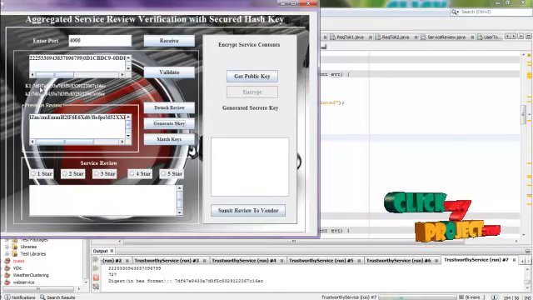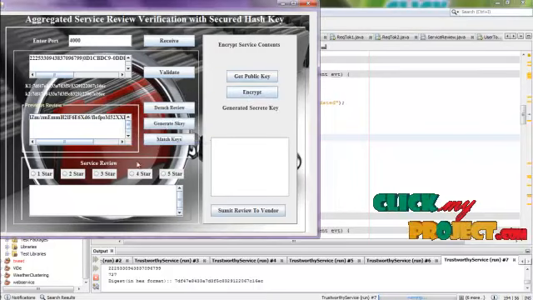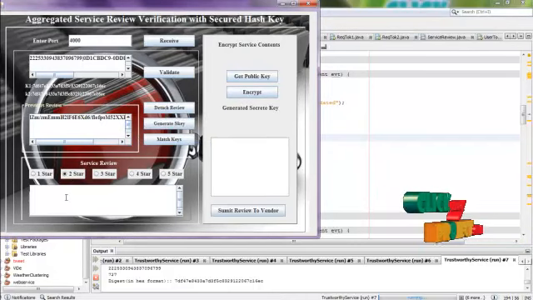If these both keys get matched, he can encrypt, otherwise it does not enable the encrypt button.